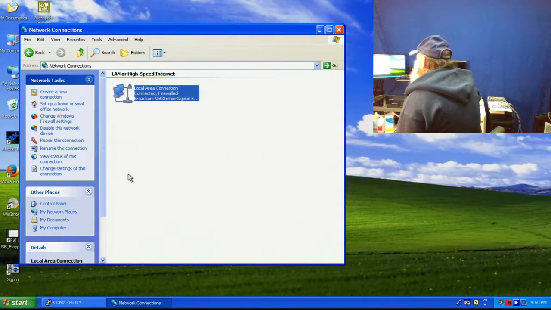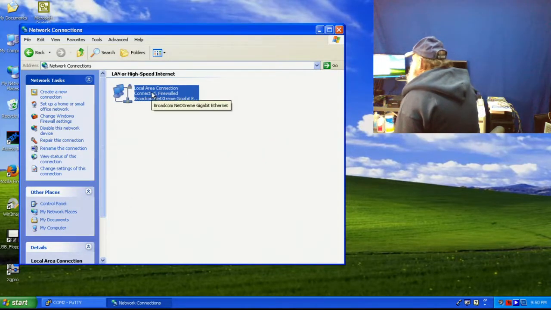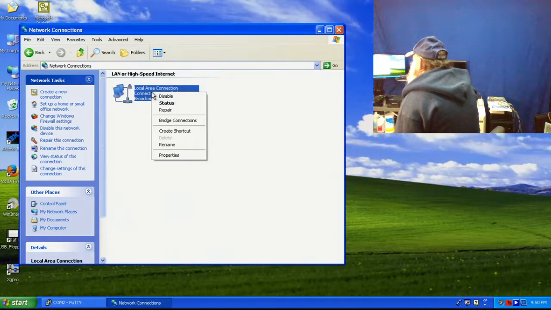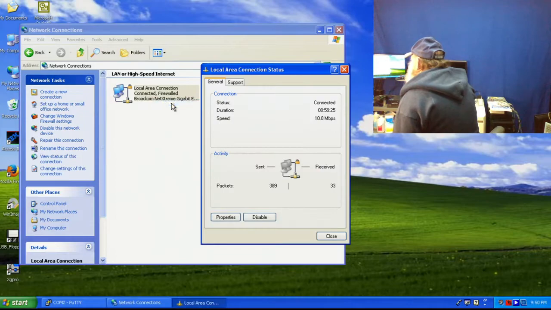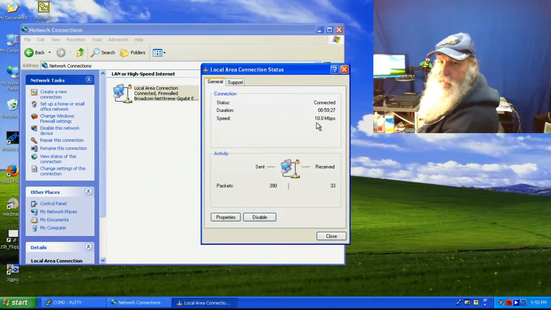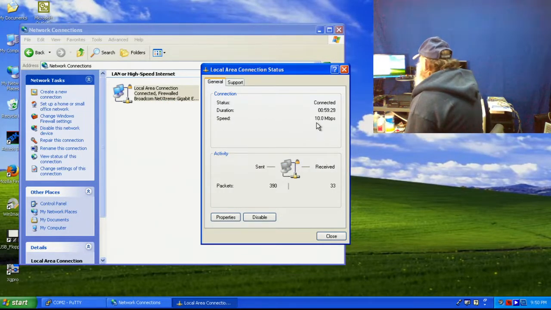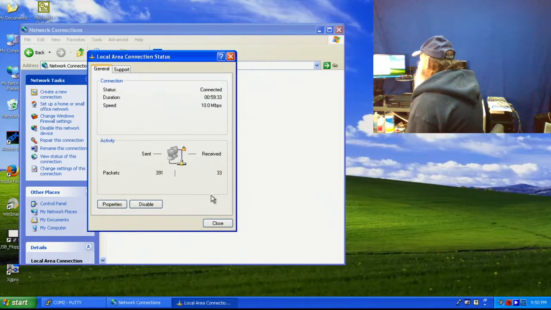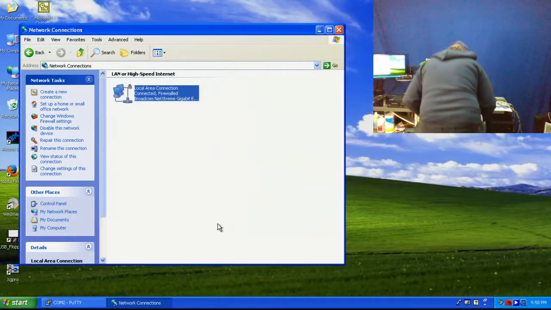And I want to look at status. I mean, we are connected here. Let's look at the status. It should just be a 10 megabit per second connection, which is fine in this case. And, you know, we've got connectivity. In fact, if I would look at